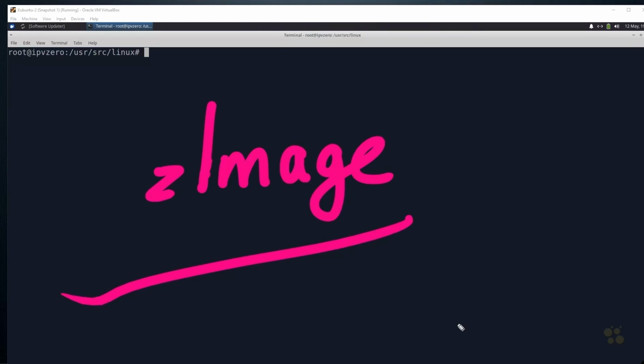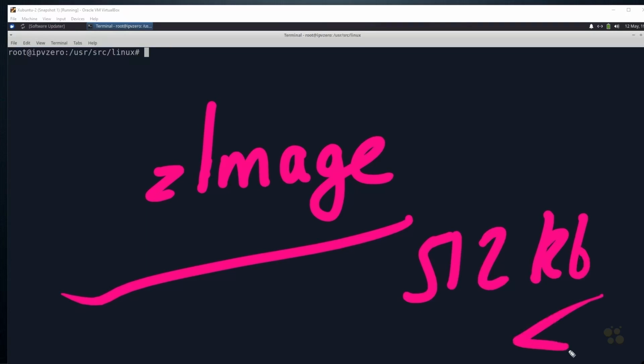Now the thing to note about Z-image is that it is an older style of kernel image and it's limited to 512 KB. So very, very small indeed. Now we also have another kind of image and this is called